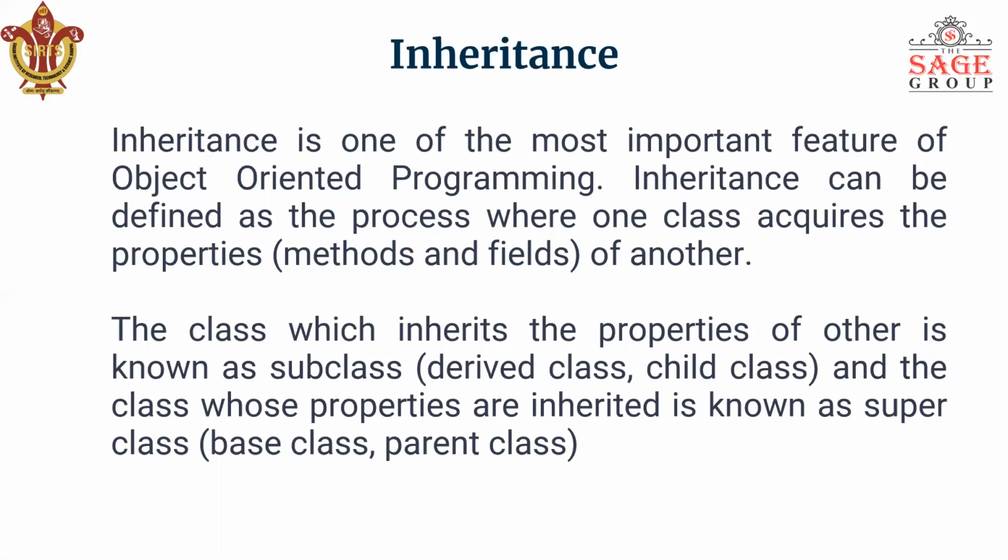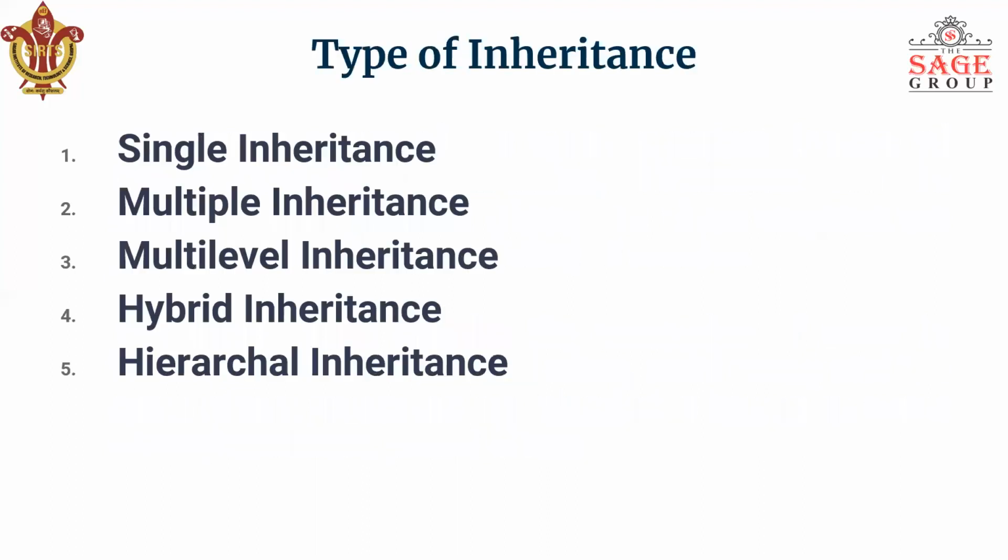The class which inherits the properties of another is known as the subclass. It is also known as a derived class or a child class, and the class whose properties are inherited is known as the superclass, base class, or parent class. Generally, inheritance is done to reuse the same code. Rather than writing the same code again and again, we use the code of the base class in the